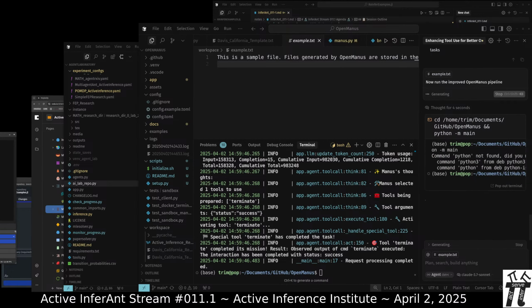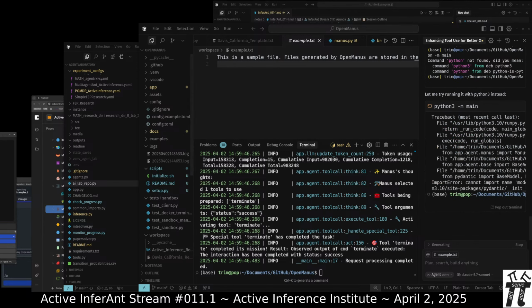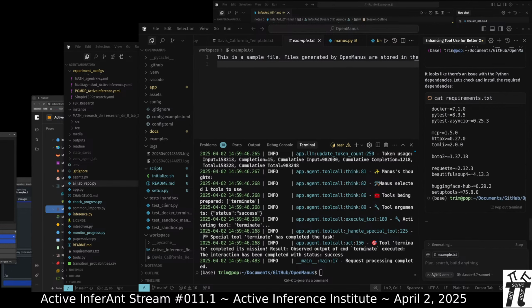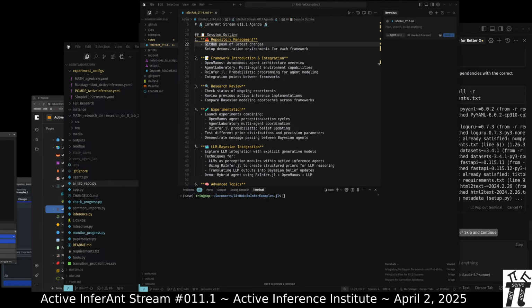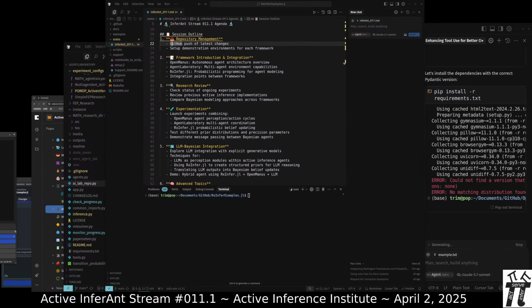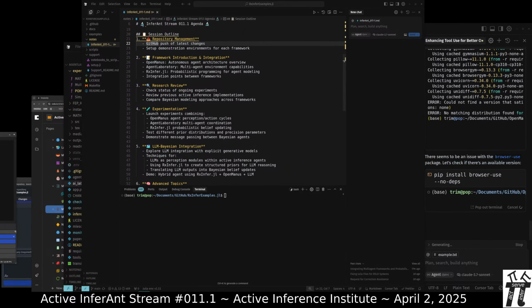Like, okay, I don't want to do any terminal extra arguments, just make it so that this works. So let's let Cursor work on that while we look on to the third of the three modeling approaches, the RxInfer.